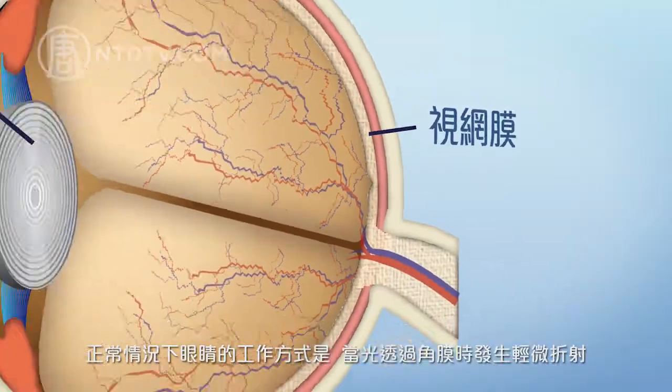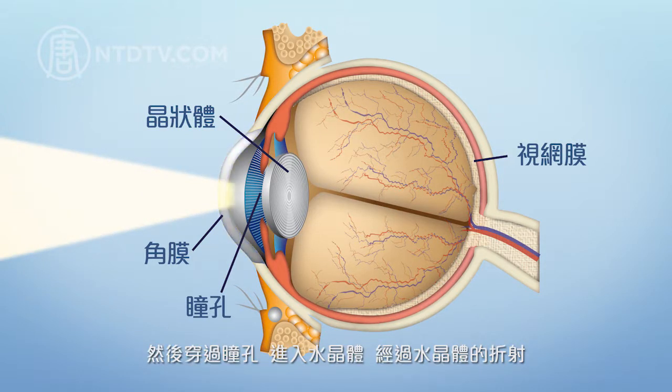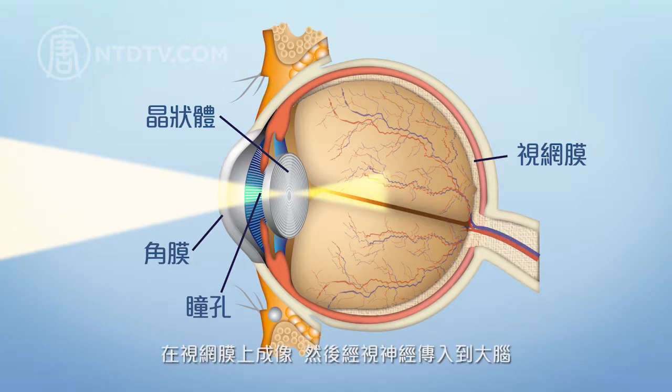Cataract is basically a clouding of the lens that's inside your eye. Normally, the way the eye functions is that light comes into contact with the cornea. It's refracted slightly so that it goes in through the pupil, and then behind the pupil is a lens. This lens is responsible for bending light and causing it to come into contact with the retina at precisely the right point, so that the retina can send the image via the optic nerve to the brain, and then